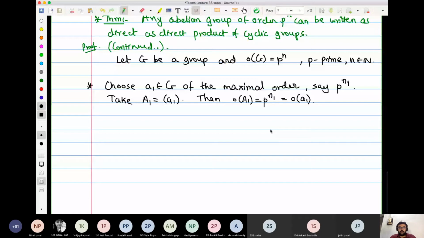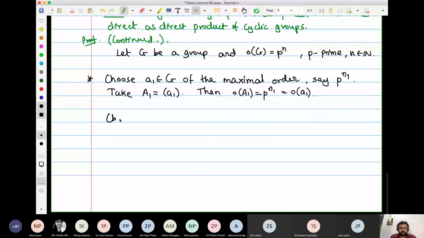Right. Now we select B2. So choose B2. The proof is constructive but not difficult. If you see, maybe you will have to see the proof more than once to get some idea. But the proof is not that difficult. If you still don't understand the proof, we may consider this by taking an example, maybe at the end once we finish the course. So choose B2 in G